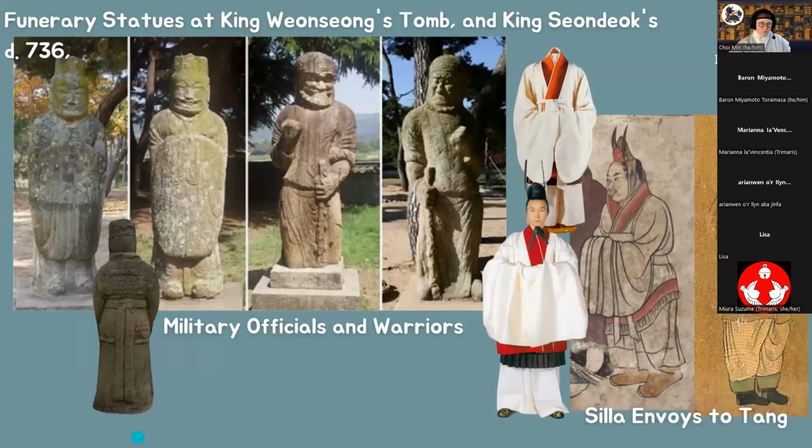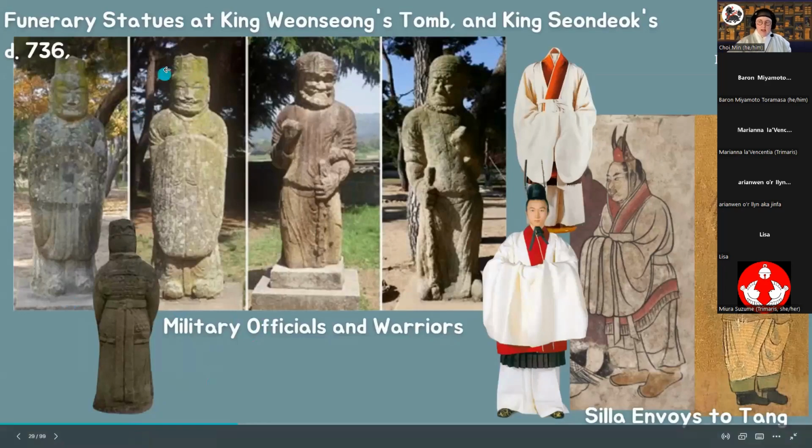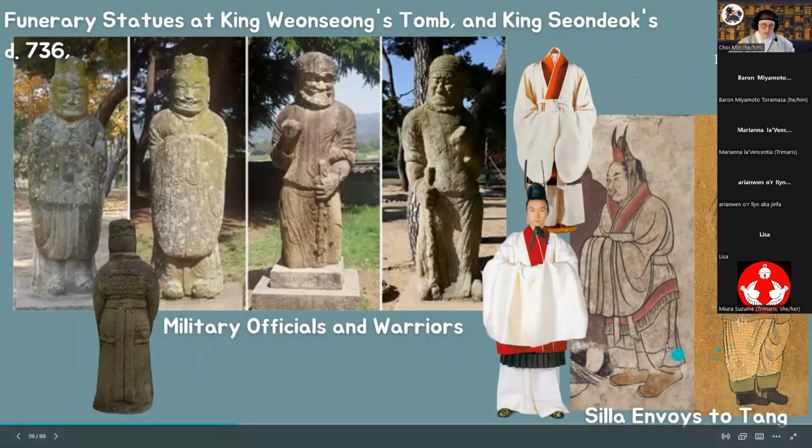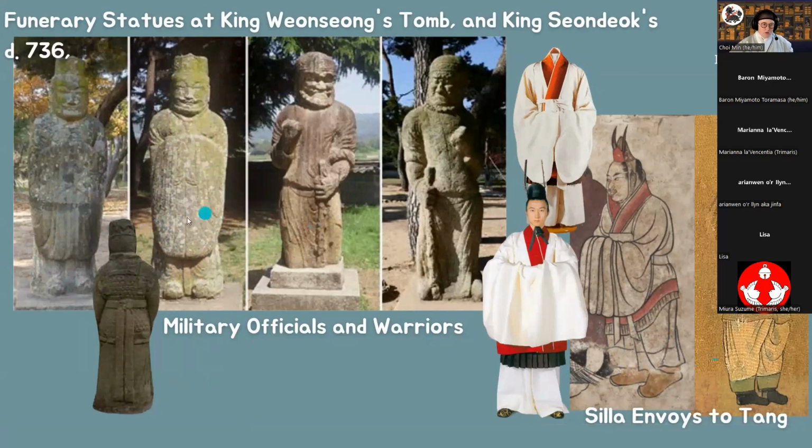Here we have some funerary statues at King Wonsong's tomb and at King Sondok's. And so you can see now we do definitely have super long actual drapes on the official robes. I still haven't figured out if these are pants or skirts, but seeing as some of these paintings are just big poofy pants, I'm going to assume pants and then a short official robe. So the official's robe would have ended here, like they're doing here, and then they would have had long flowy pants. And the military officials would have worn something slightly different.